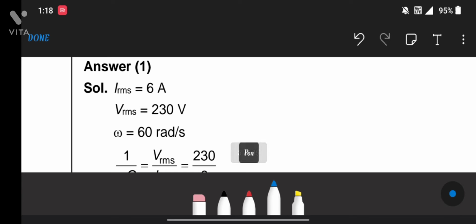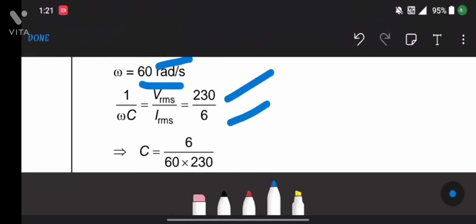This one is VRMS, and IRMS is... so VRMS we got, IRMS we have, both the values. After putting that, the resistance is given, so here 60, we will put 60 ohms and take it to this side. So therefore it will be C is equal to